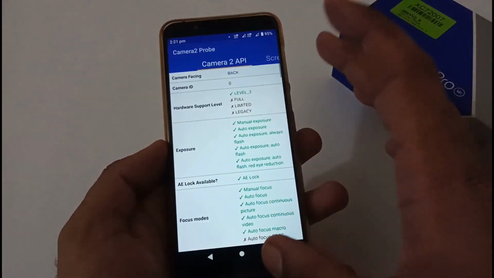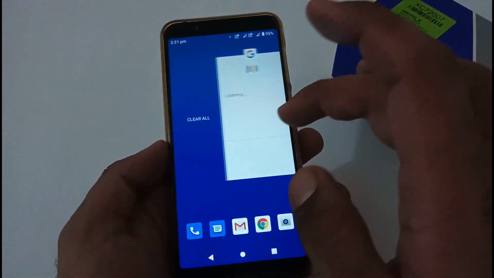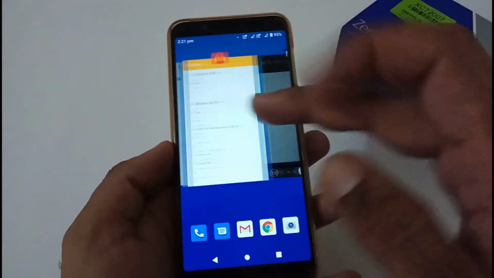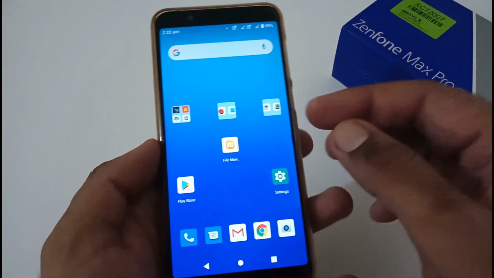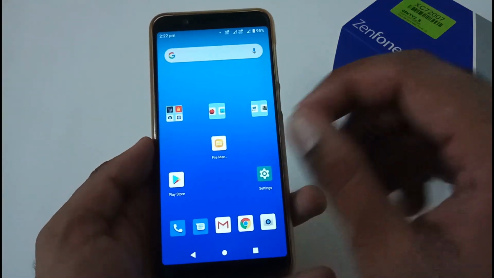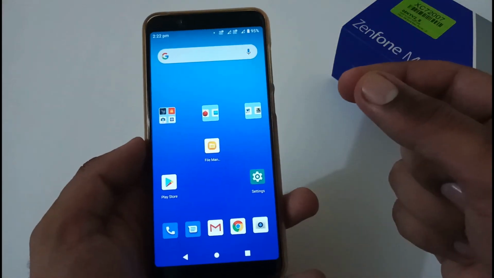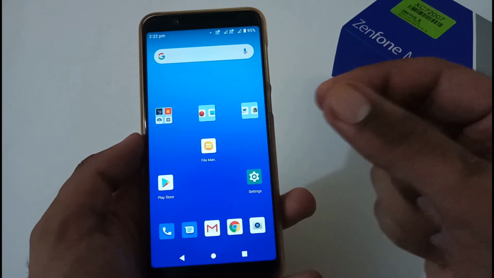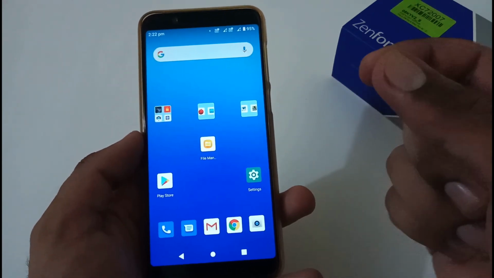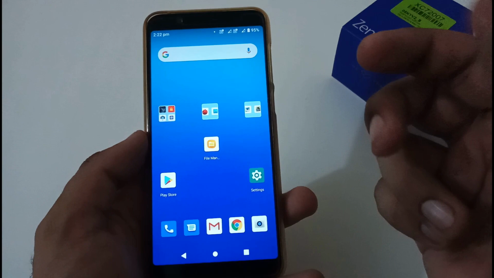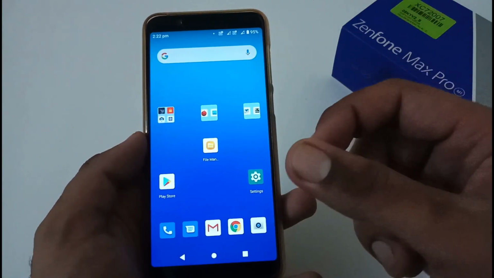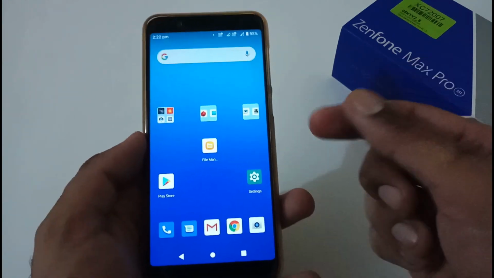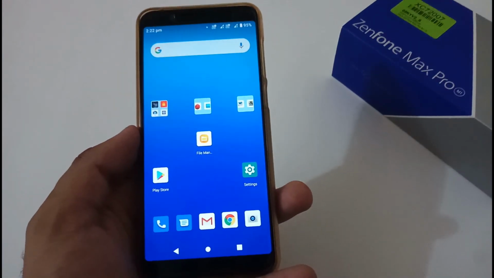The status of Camera2 API is also working fine, then maybe the status of Widevine certification, all are working fine. So overall RAM and memory management is working absolutely fine. There is no problem with it. I would suggest it always works good for 10 to 15 minutes. After 12 to 15 minutes, your app will most probably be flushed from the RAM by the OS and it will restart again.